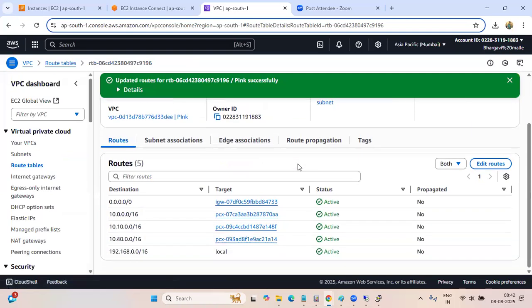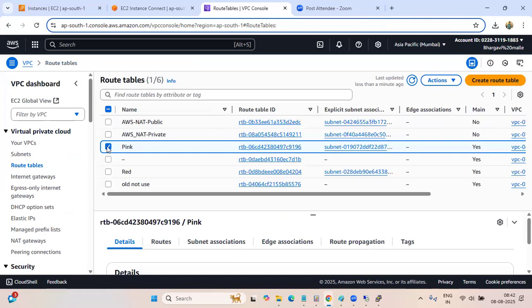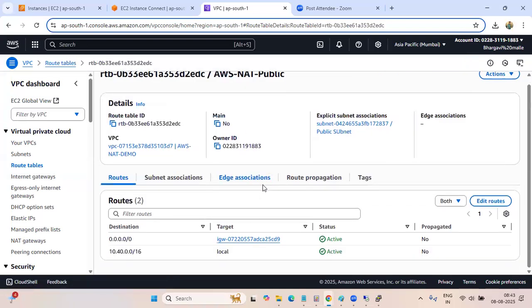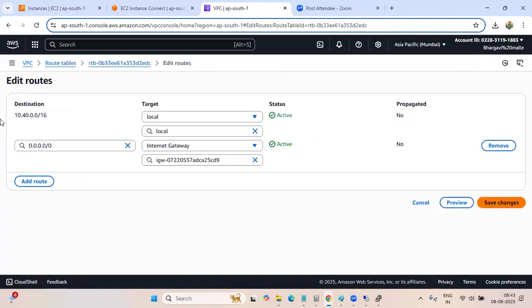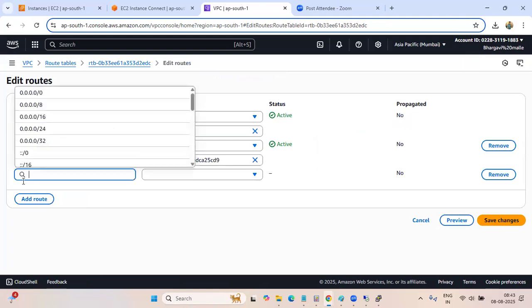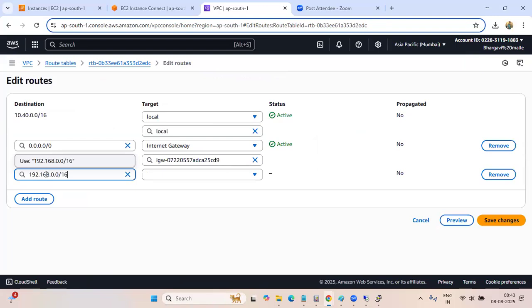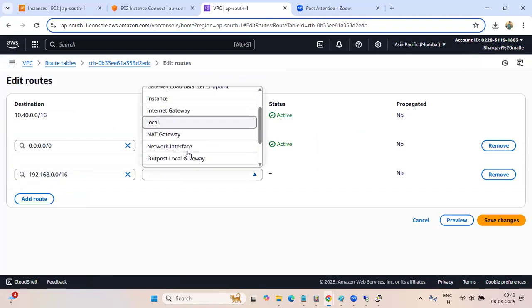So here is done. Only one side we did. For which region did we do this? I only did the pink routing table. I have not done the AWS public NAT server. Then I'm going to another one here and edit the route, 192.168.0.0/16,